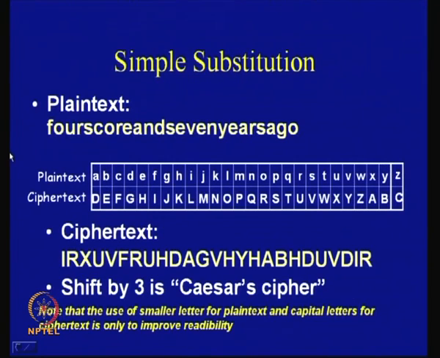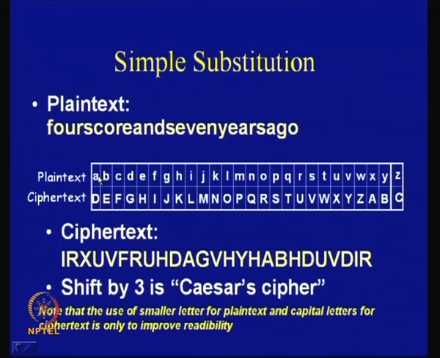So a very simple example could be like this. Suppose the plain text is this, that is, force code and 7 years ago. So this is some kind of alphabetic character. You take this, this could be anything. Okay, this doesn't matter, this is just an example. You just have this encoding, you take this plain text, and a very simple substitution could be like, instead